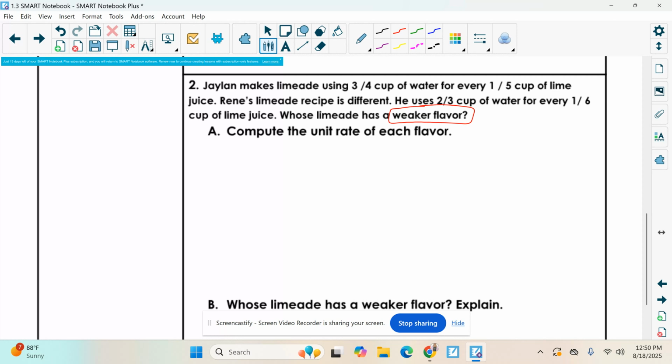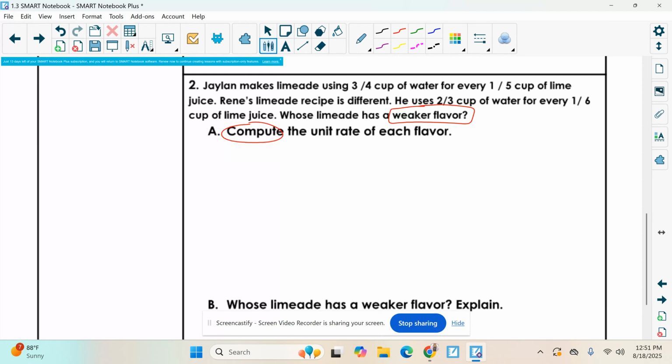So to find the weaker flavor, we need to figure out which recipe is using more water. So we need to have the same amount of lime juice. Because we're talking about unit rate, we need to go, okay, if I'm going to pour 1 cup of lime juice in this one and 1 cup of lime juice in this one, how much water are they adding, and which one's going to be weaker and which one's going to be stronger? Okay? So part A says to